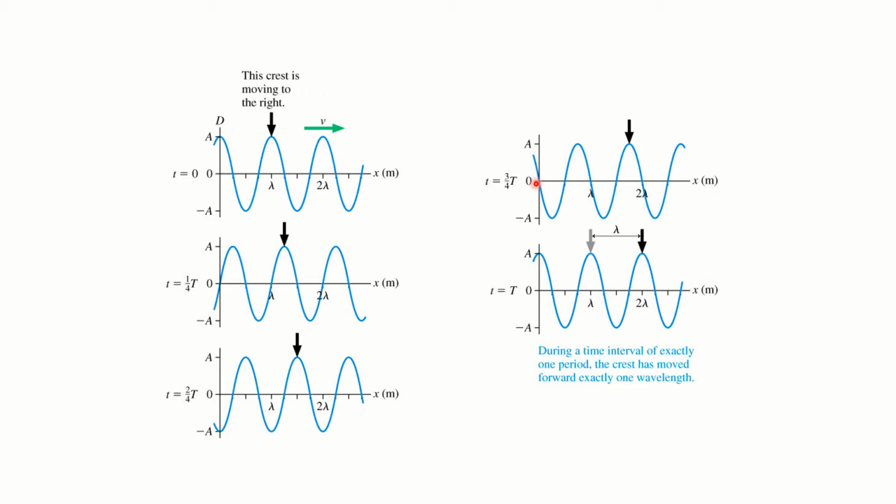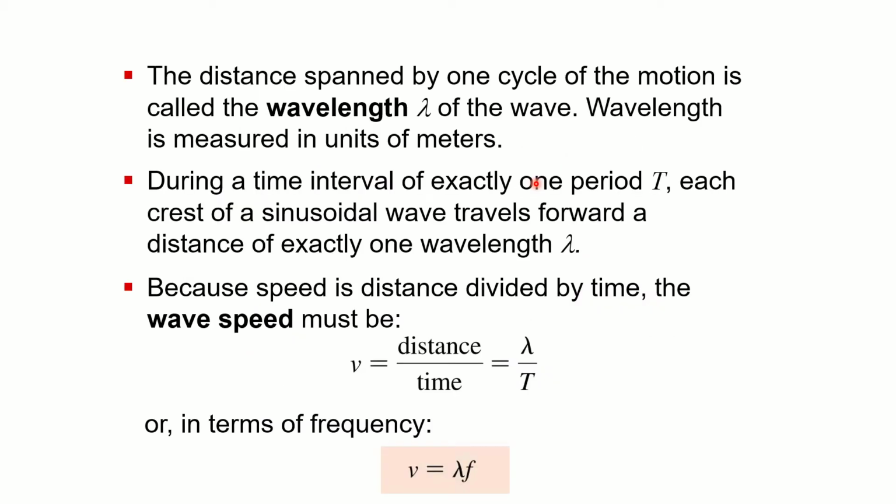That is a very useful way to think about it because it allows us to relate some of these properties. The wave speed is the big thing it does. We can use that definition of wavelength to come up with a fundamental relationship for the waves we're going to look at. The way we do that is, well, we know that speed is distance over time. And if we've defined the wavelength, lambda, as the distance traveled in one cycle of motion, and the period is the time for one cycle of motion, we get this relationship where the wave speed is just that distance, lambda, over the time, the period.